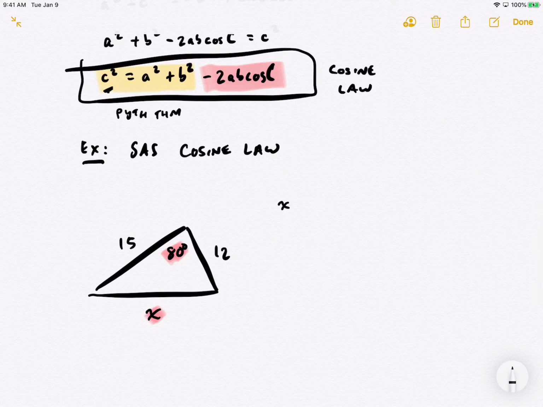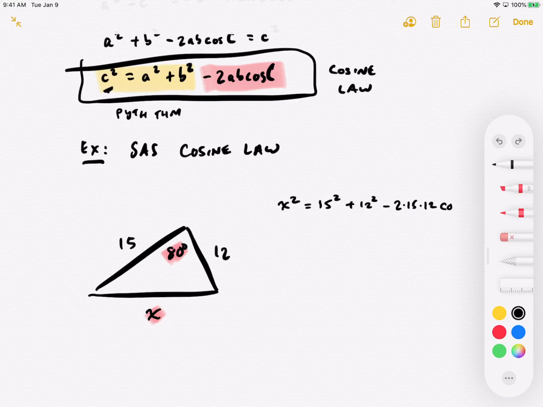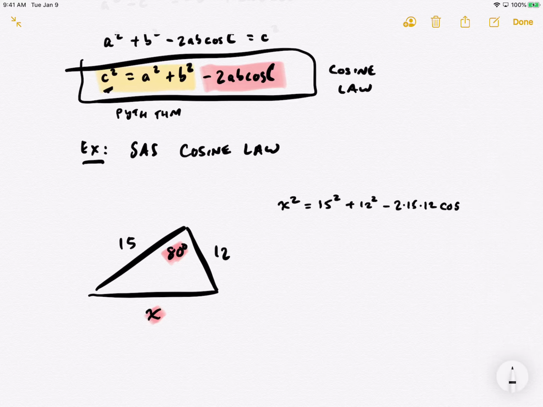I would write that x squared is equal to 15 squared plus 12 squared minus twice, and that 2, a very common mistake is leaving out that 2, twice 15 times 12 times the cosine, and that's probably the second most common mistake is writing sine instead of cosine, just because you're so used to doing law of sines problems at this point,